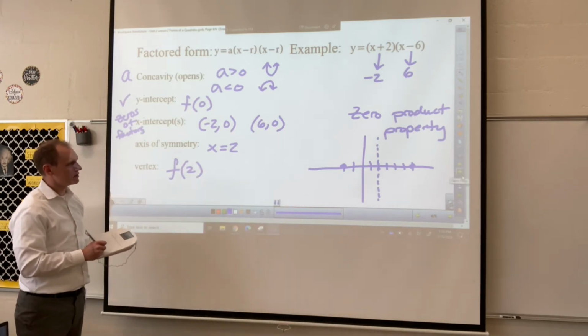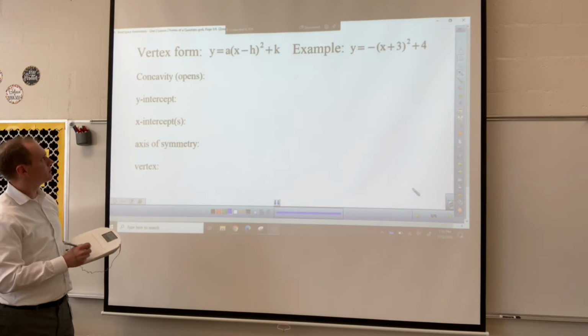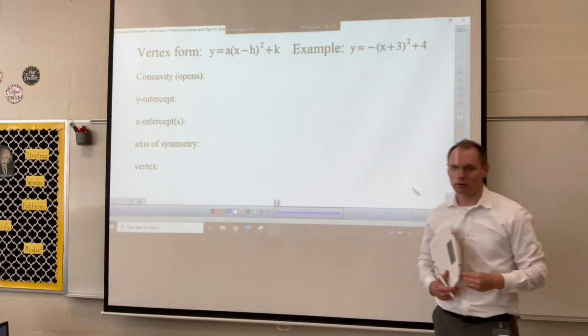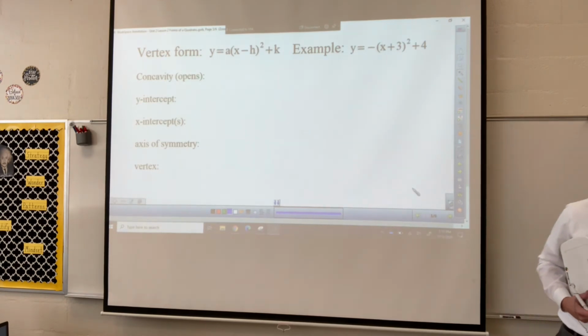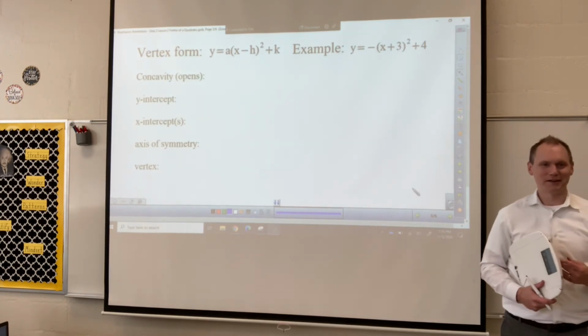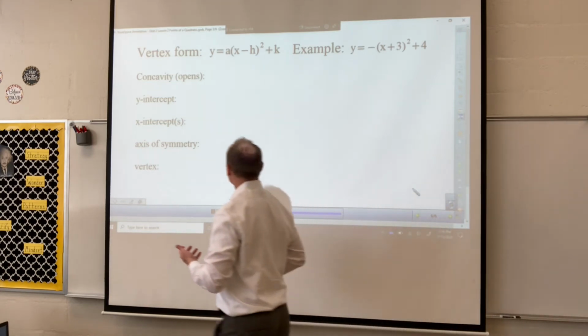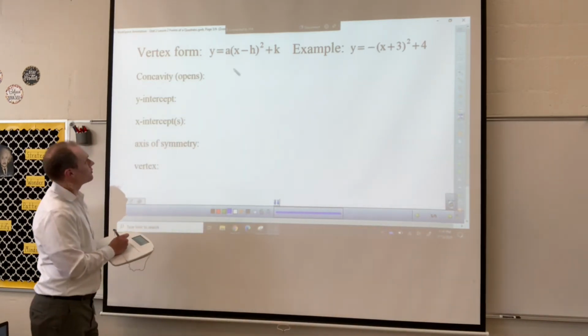All right, and then lastly, so we've talked about standard, we've talked about factored. Now let's get into what we call vertex form. What do you think is good about vertex form? We can find the vertex, right? It's in the name. So here is the overall